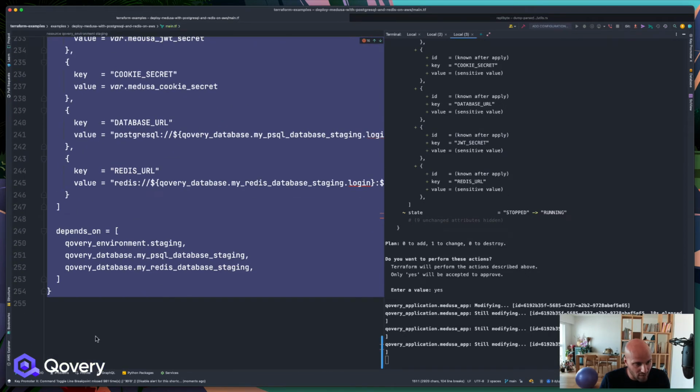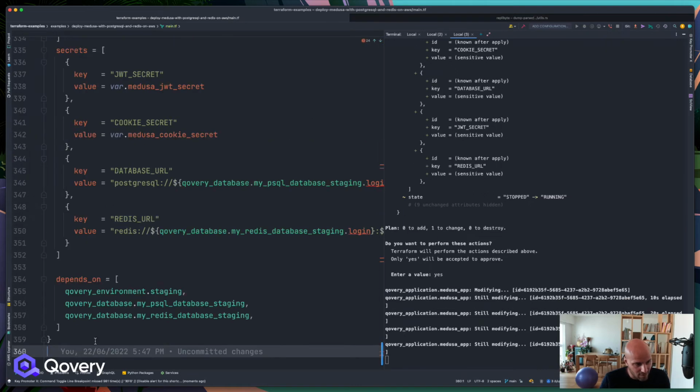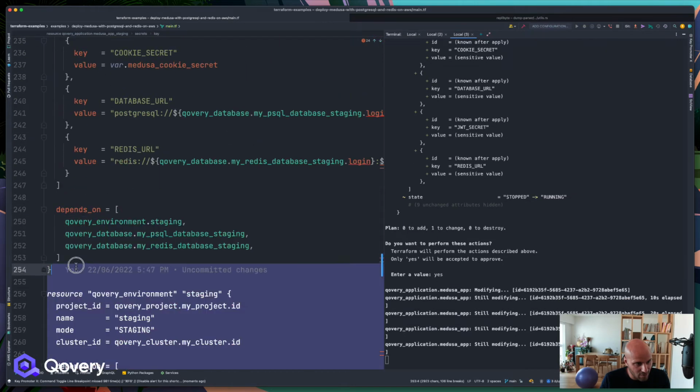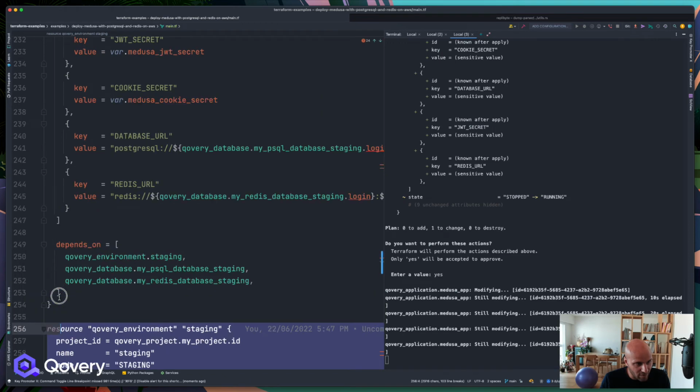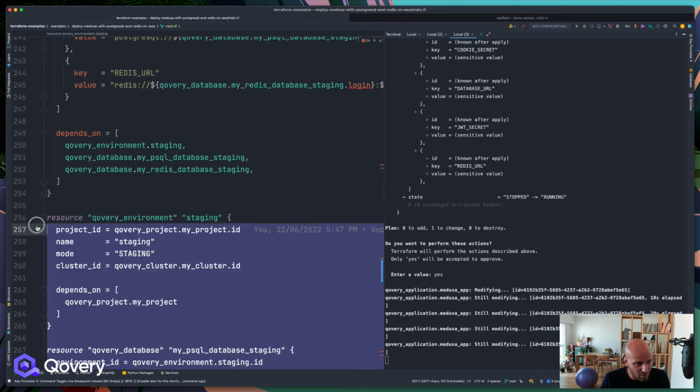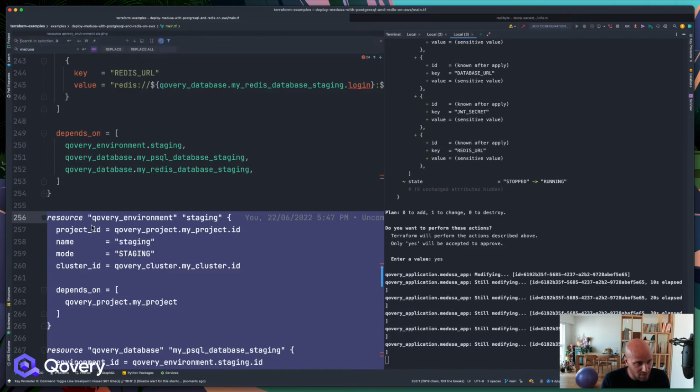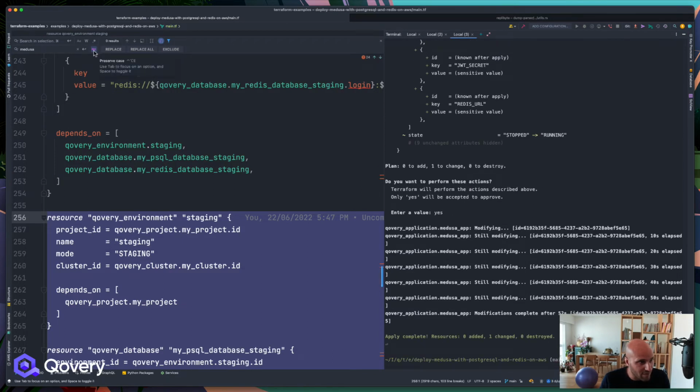So I'm going to do that here, and select all the resources that I created. I can say instead of staging, I will replace only the selected, so staging,